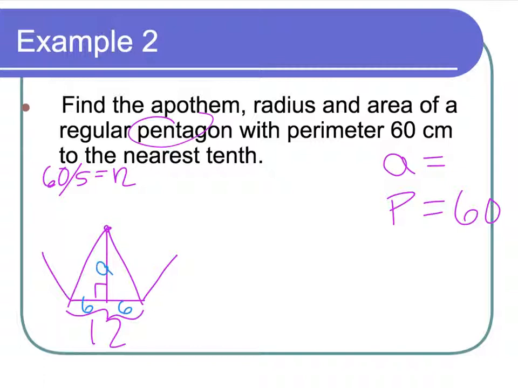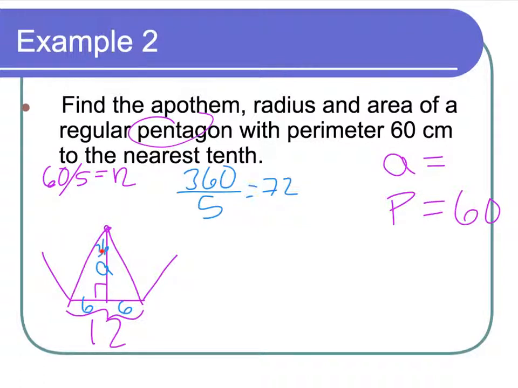Well, I need something else. I need an angle. Well, I know there's 360 degrees in a circle, which would be all my central angles of this pentagon added up. There's 5 of those central angles. So if I do 360 and I divide that by 5, I end up with 72. And if I divide that in half, I would get 36 for each one of these angles. Okay? So now I'm just dealing with a right triangle